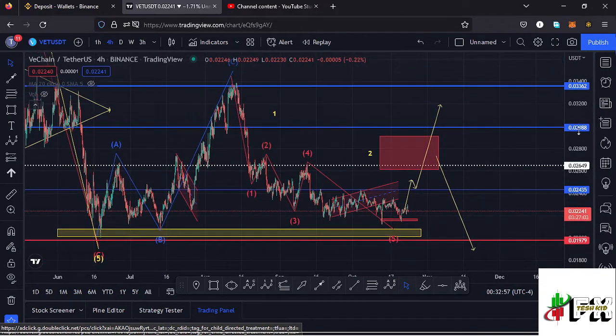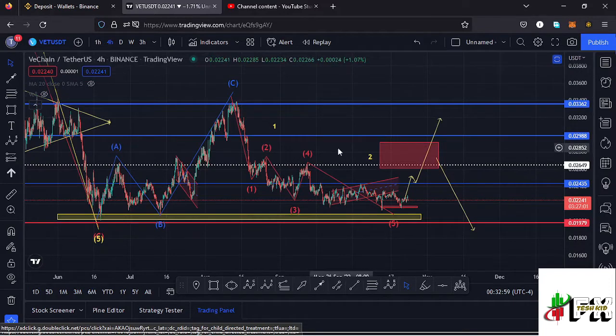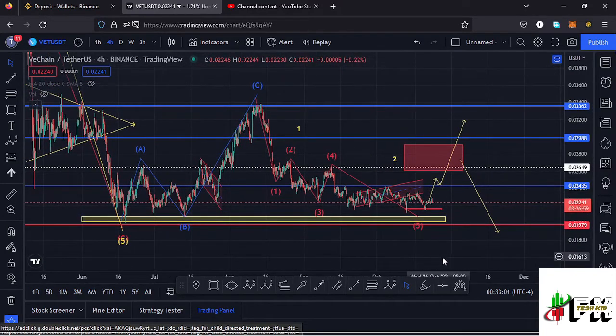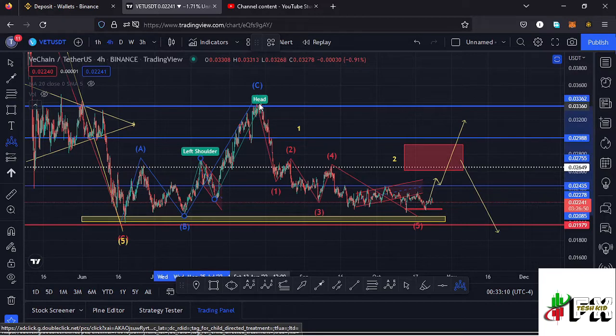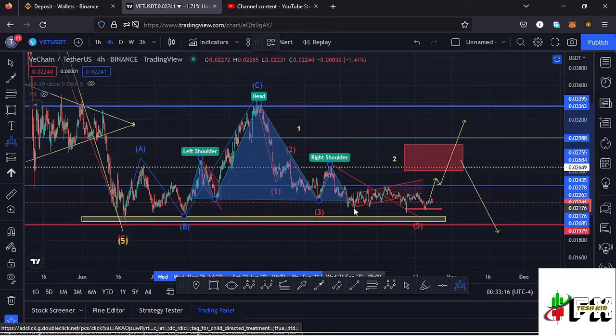And the other possible scenario that can play out, I'll be basing it on a key chart pattern that is in formation right here on this chart, which is a head and shoulders pattern, having this as the left shoulder of that head and shoulders pattern. Then we have seen the head, then the formation of the neckline down there, then we have the right shoulder, then we have continued pushing lower